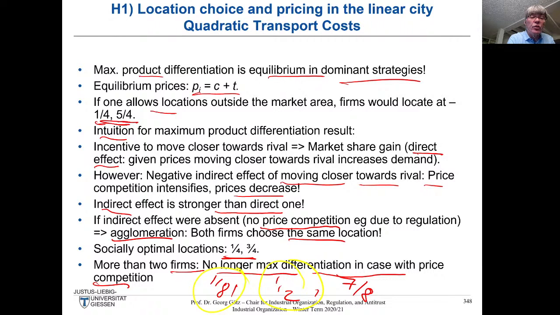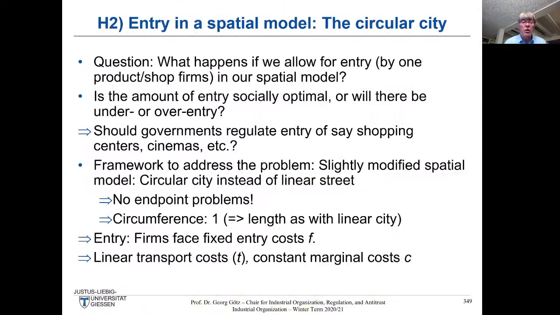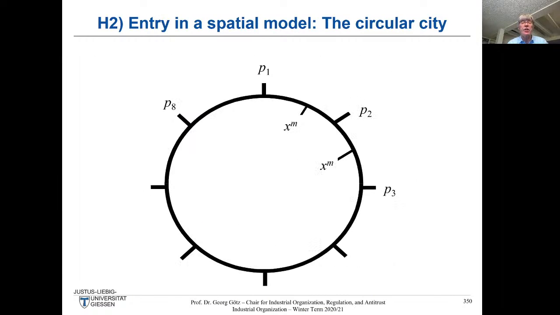But anyway, the important point here about this Hotelling setup, where we are able to endogenize product differentiation, is that there is a strong incentive to differentiate oneself from the rival. Okay. Before I move on to discussing entry in that model, or actually in a slightly different model, the so-called circular city model,